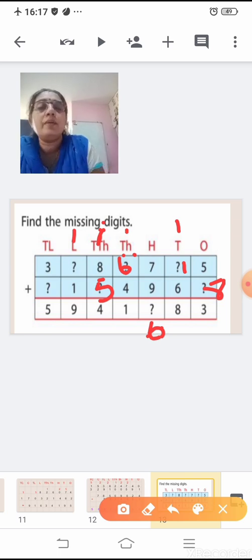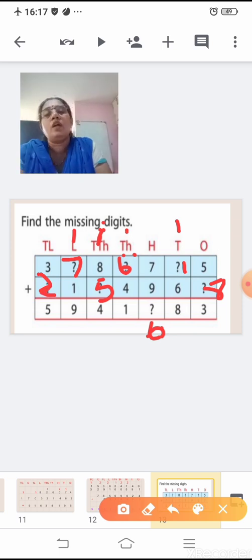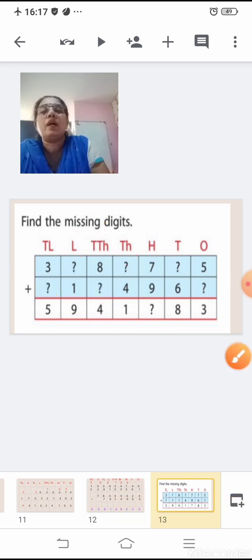Now here in the lakhs column, you see 1 plus 1 is 2. The first addend is not given, but the sum is given as 9, which is a bigger number. So 2 added to which number will give you 9? It is obvious that it is the number 7. 7 plus 1 is 8, 8 plus 1 is 9. Correct. Now here, you can directly write the numbers. 3 plus what number will give you 5? That is 3 plus 2 will give you 5. So you have to just see what the number written down is, and simultaneously you have to find the number.